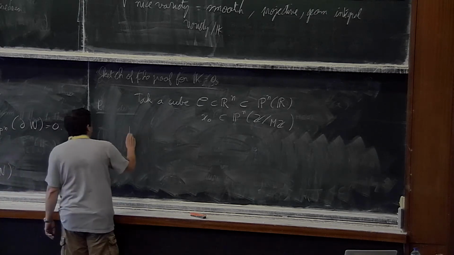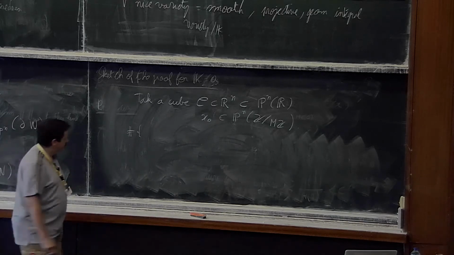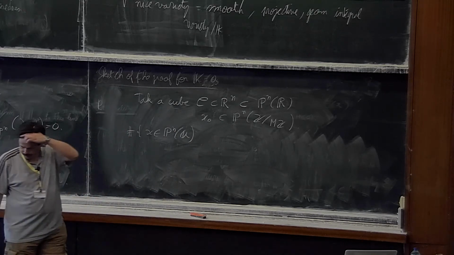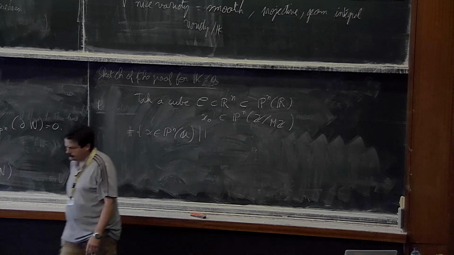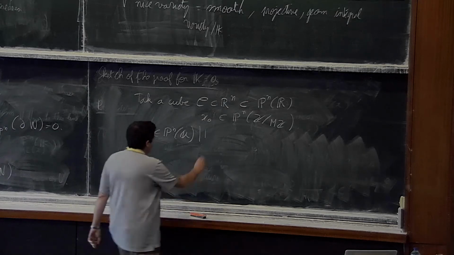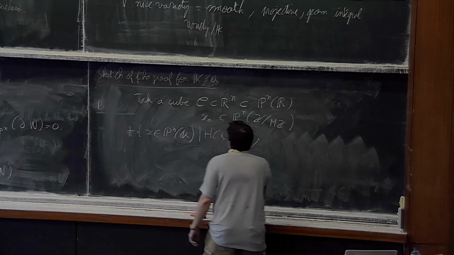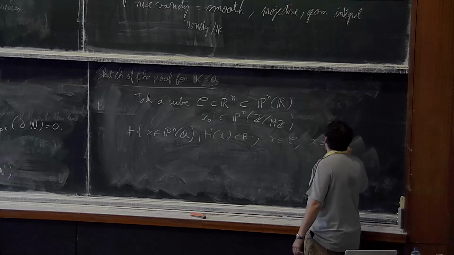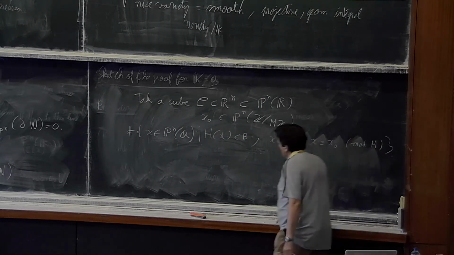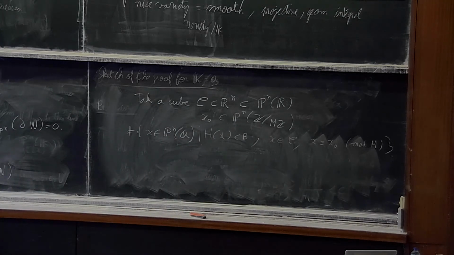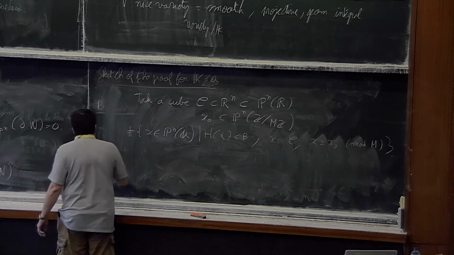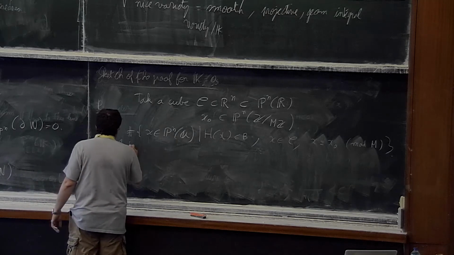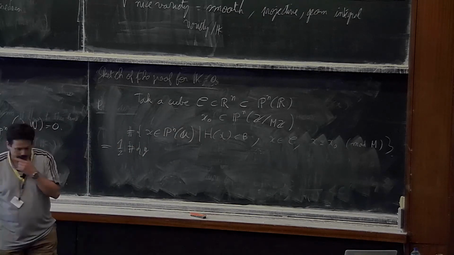So what I want to estimate is the number of x in the projective space over Q so that the height of x is less than b, x belongs to C, and well, let me write it like that: the reduction of x is equal to x naught. Well, it's easy to translate that into a question about integers. So this is 1/2 of the number of y in Z^(n+1),